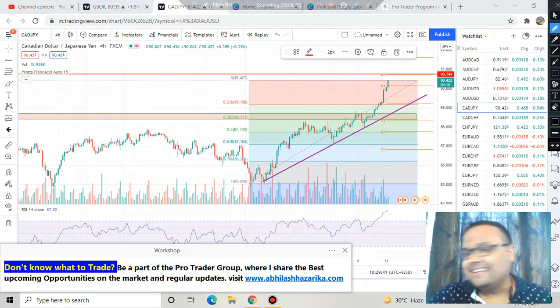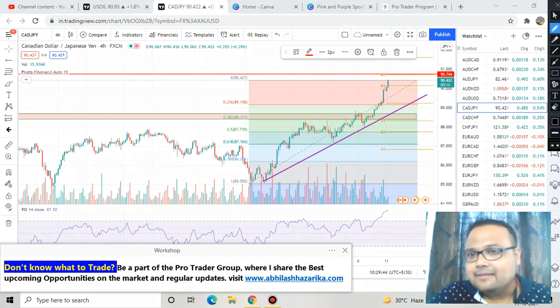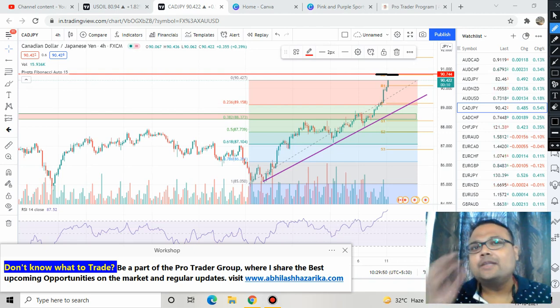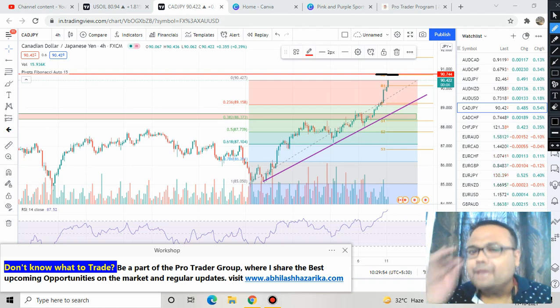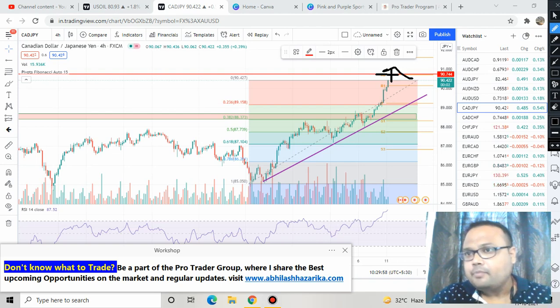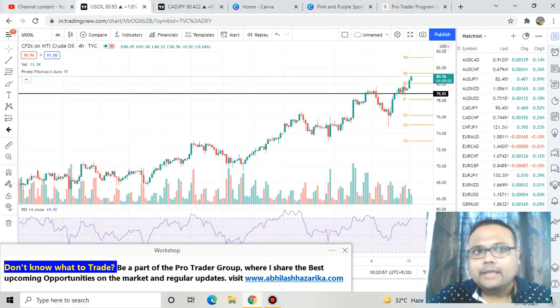Again, I'm saying the but here. The problem is that though we have a resistance here, the market is too strong, and as we all know, support and resistance levels are not permanent in the market. So if the buying pressure is too high, there is a good possibility of the market breaking the level. And most importantly, it also has a relation with the US oil here,